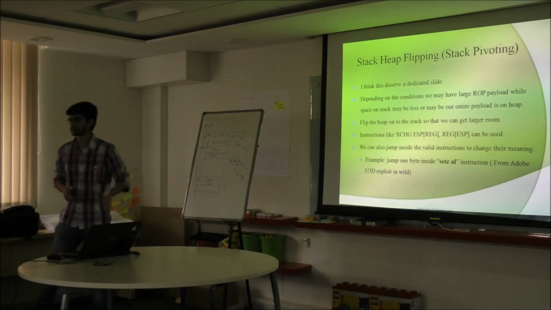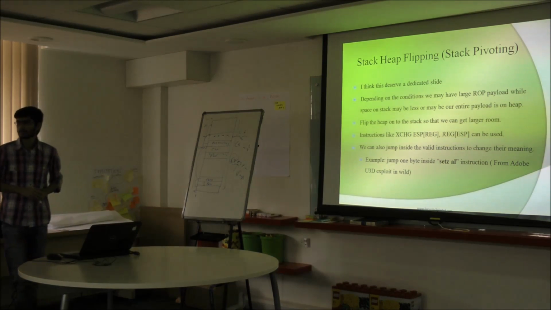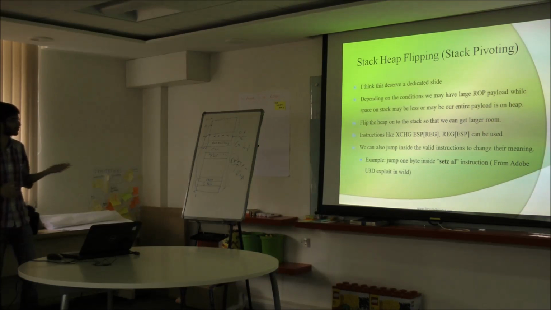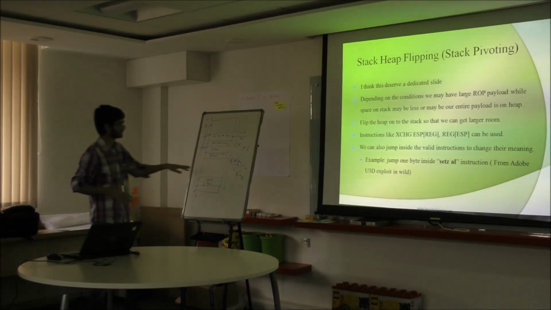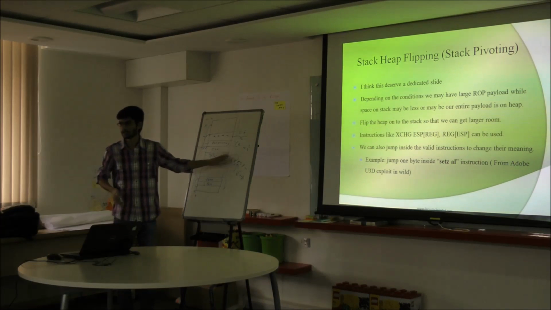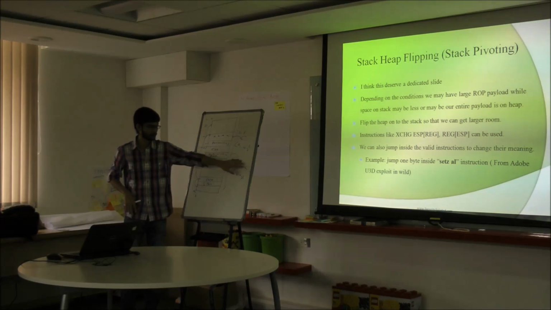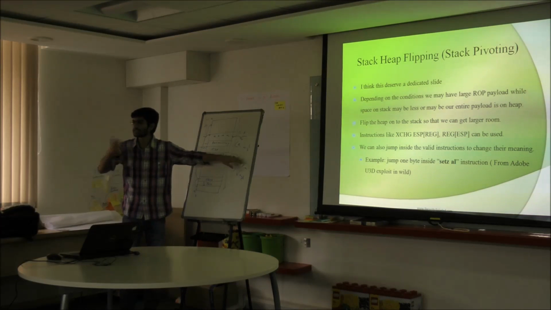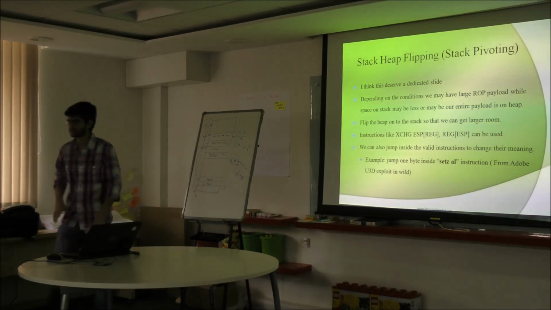Got my point? You're going to make changes in the opcode table itself? No, I am not changing the opcode table. The meaning is that whenever the processor identifies E8, it has a certain call meaning. But when you land on 89, it will consider it as a jump. Just that simple. We are not changing anything.